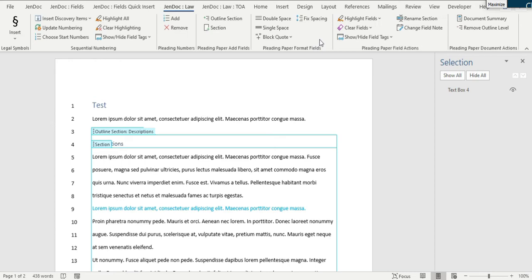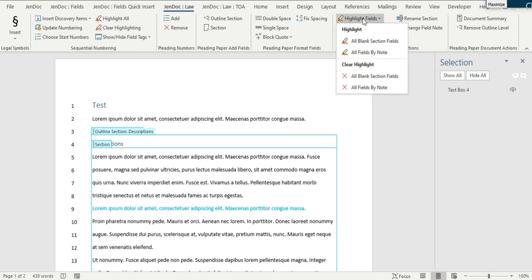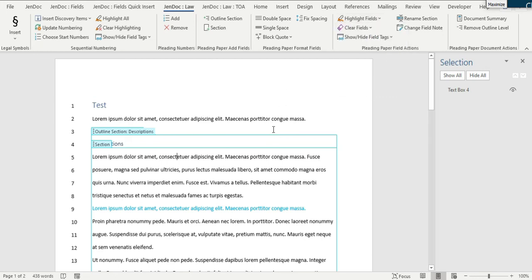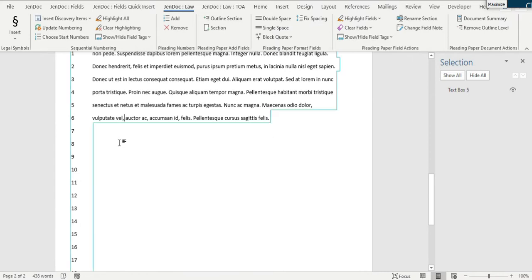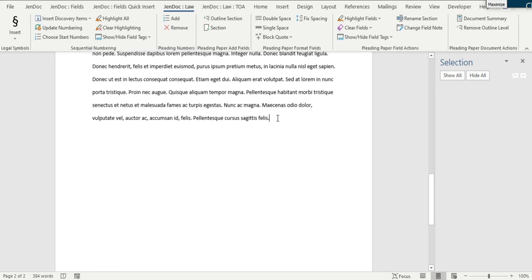Okay, so over here, here we have highlight fields. And so we have the ability to highlight all blank section fields, and so that includes outline sections and just regular sections. Or we can highlight fields by note. So first let me show you highlight all the blank fields. Right now I don't have any blank fields, but let me just put a couple in here. I'm going to get rid of these numbers. So I'm going to put in a